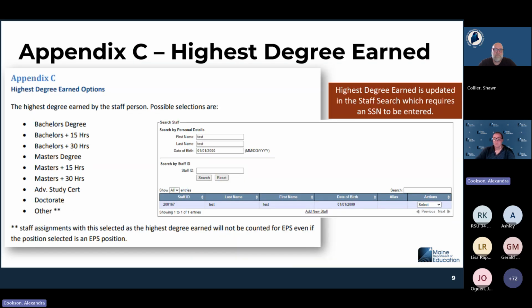Highest degree earned is updated again on the staff search page. So we have Appendix C, which outlines all of the different highest degrees earned that you can enter for a staff member. Those are in Appendix C. They get updated in a different spot than everything else. So I just wanted to make sure that everyone was aware of this, that if you have an EPS position that needs to have an updated highest degree earned, use the staff search to navigate to the staff member's personal